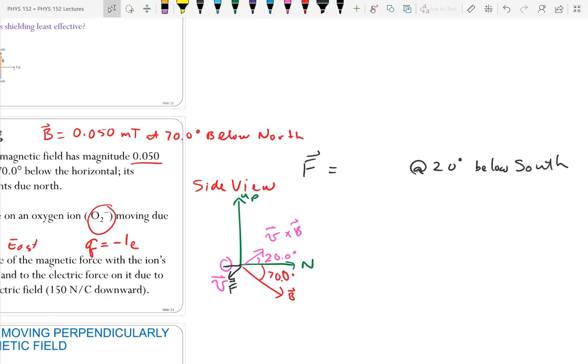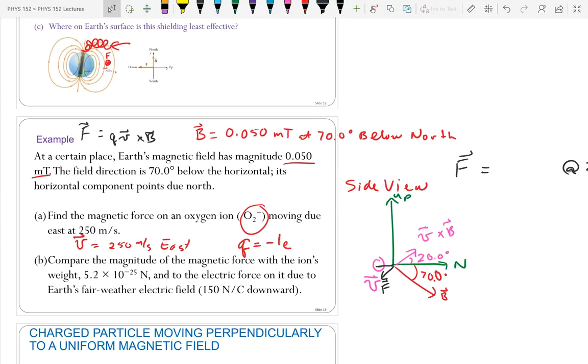So we found the direction first. How do we find the magnitude? Yeah, we just plug in the variables. What's the angle between V and B here? It's 90 degrees. So they're perpendicular, which means my magnitude is just going to be QVB. So the force magnitude